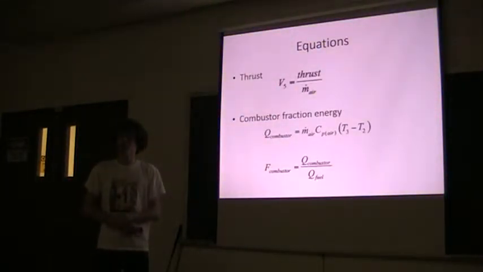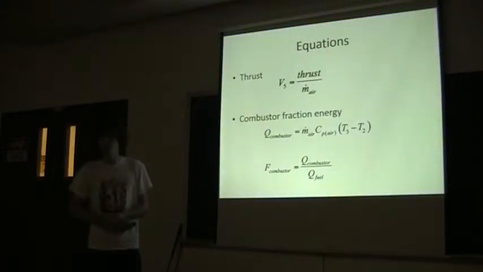One of the more important ones is the thrust. That's one of the main ways we determine the efficiency of a jet engine, because the thrust is what we want, it's the result. So you've got the velocity V5, which is coming out of the fifth section of the engine, the exit nozzle. And that velocity is your thrust over your mass flow rate, so